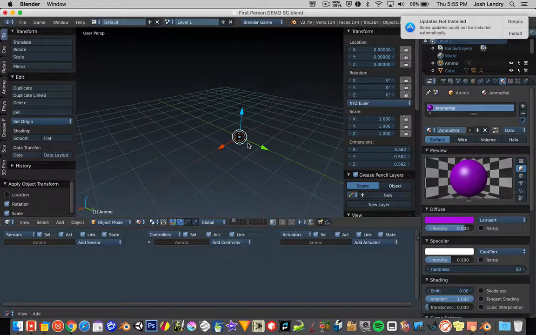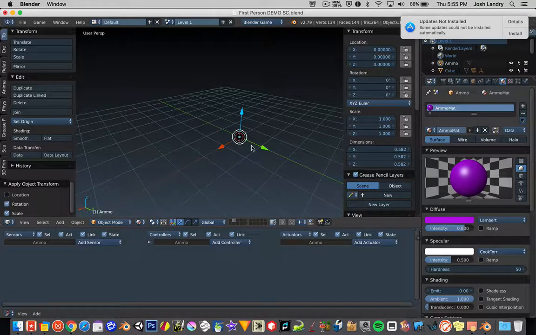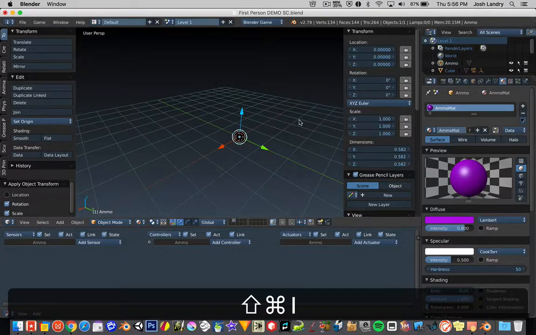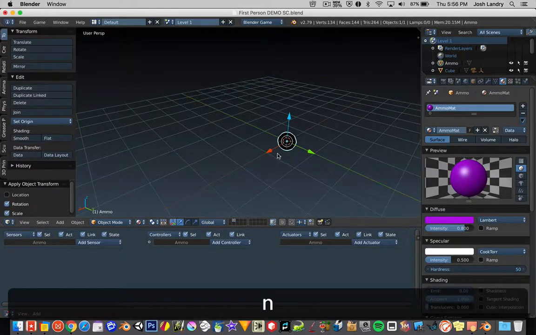Because when you press play and you go into the game engine, Blender needs to know the true size of the object to be able to handle physics and all that kind of cool stuff. So it's always a good idea to press Control A and choose Rotation and Scale and just set things right. Okay, so now that I've set the proper scale and the rotation, now we can go ahead and hook this